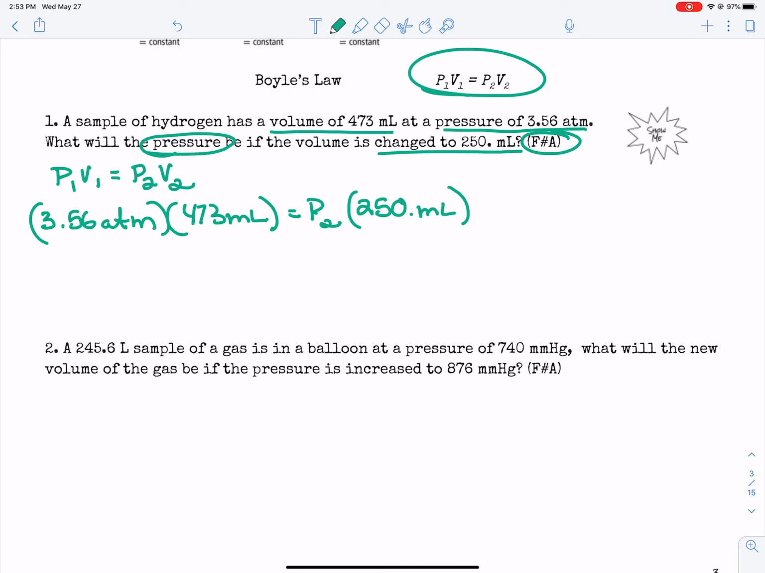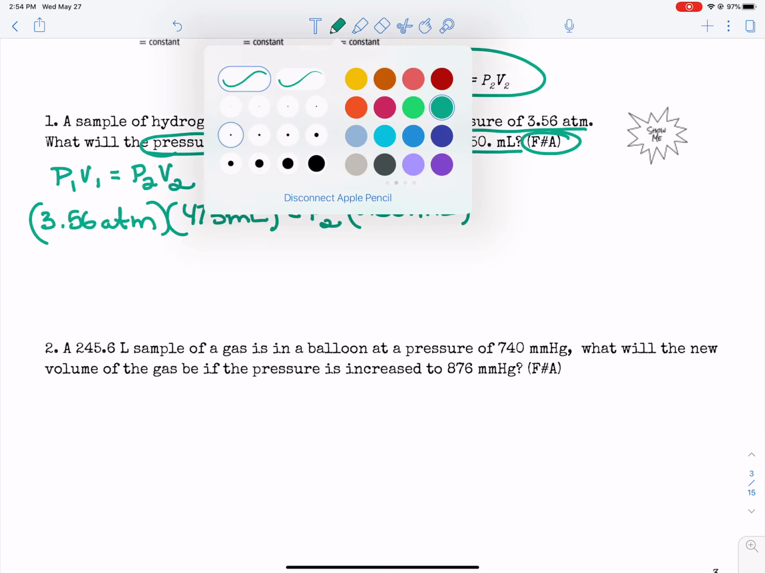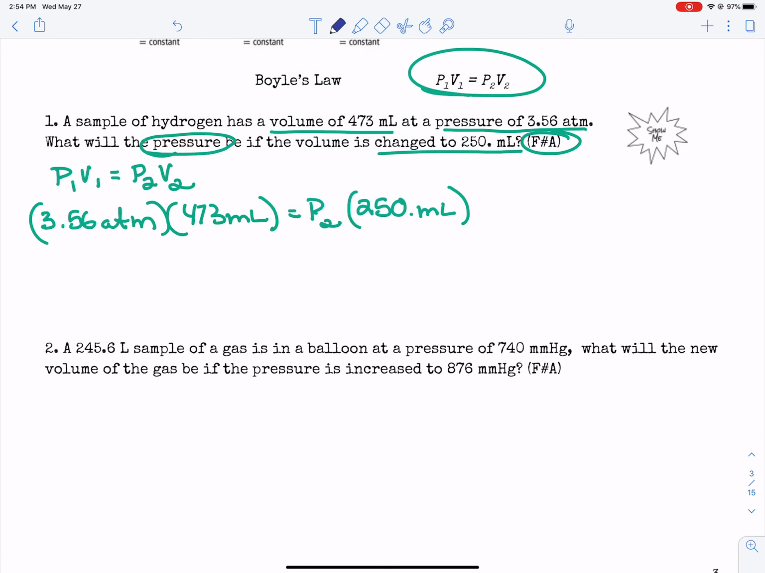You must make sure that the units are going to cancel out on either side. So it really doesn't matter if they're both in milliliters or if they're both in liters. They just need to both be the same. And then, of course, algebraically, I would divide both sides by 250 milliliters. Right? The milliliters units are going to cancel out. So my new pressure is going to be